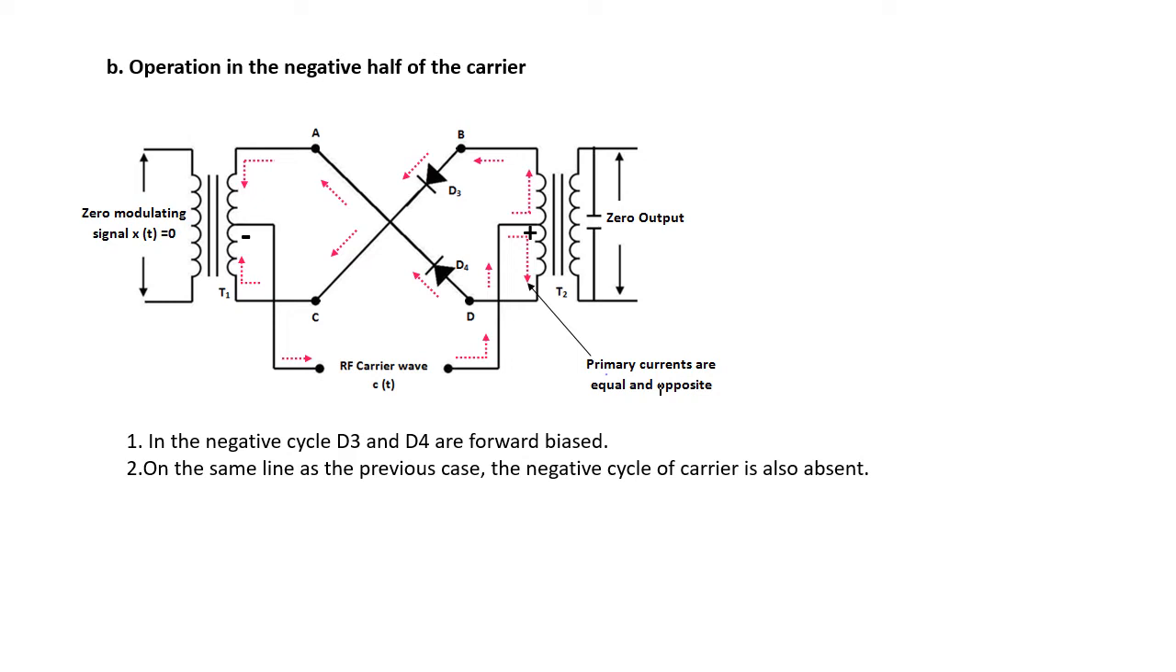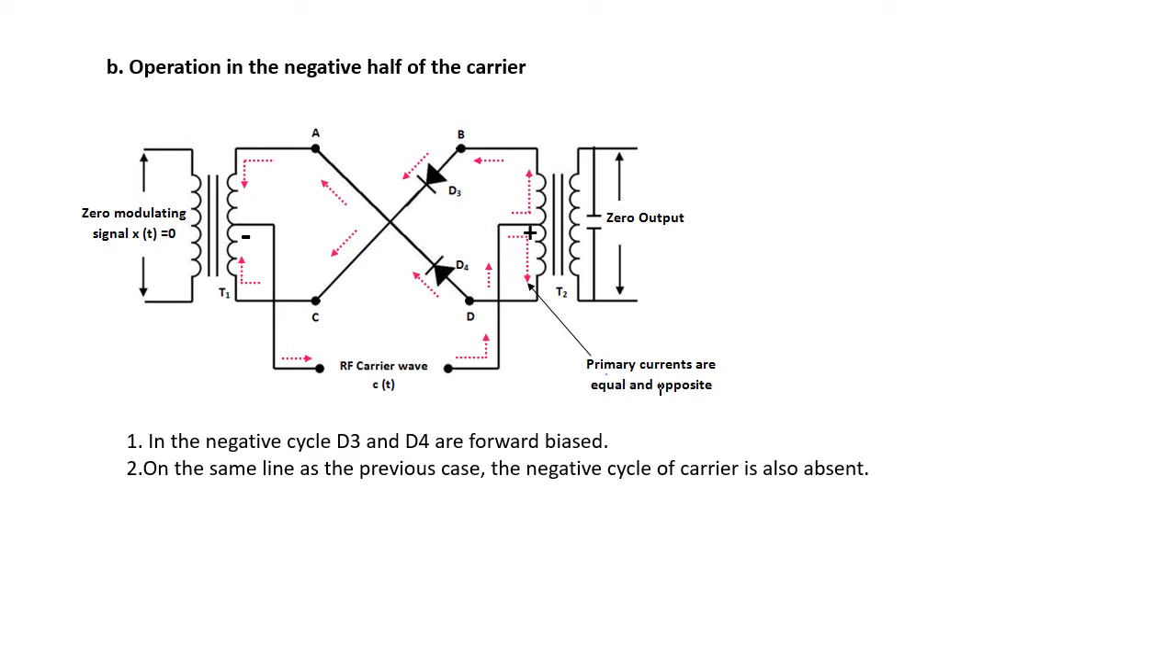So in the present case, since we are dealing with the negative half cycle, the terminal of the carrier wave which is connected to the secondary of transformer T1 will be negative, and the terminal which is connected to the center tapping of transformer T2 will be positive, because in the previous slide the polarities were opposite. So when the terminal in the secondary of transformer T1 is negative,